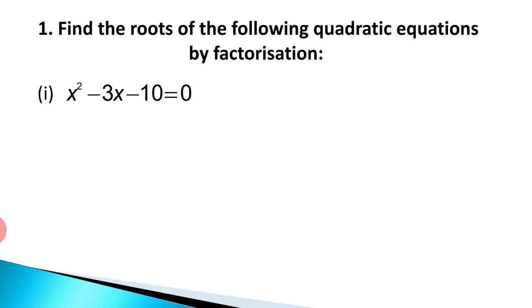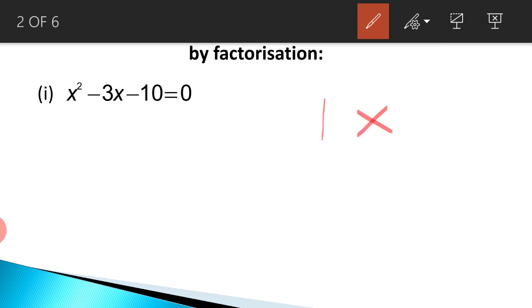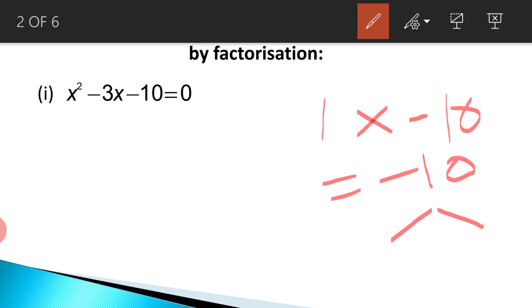Now once again we observe the coefficient of x square term, that is 1, and the last term is minus 10. So what is the product? That is minus 10. Now when product is minus 10, one of the numbers will be positive and one of the numbers will be negative. So naturally we have to find out factors of 10 such that the difference of those two factors should come 3. Why difference? Because one of the factors will be negative as it is minus 10 and one of the factors is positive. So now 5 twos are 10 and 5 minus 2 is 3.